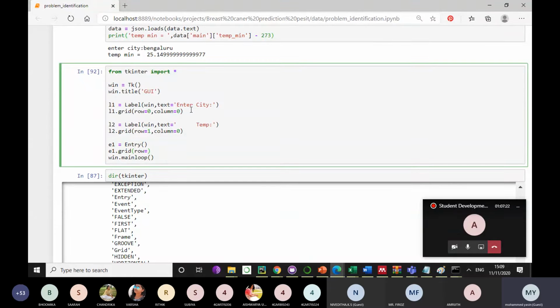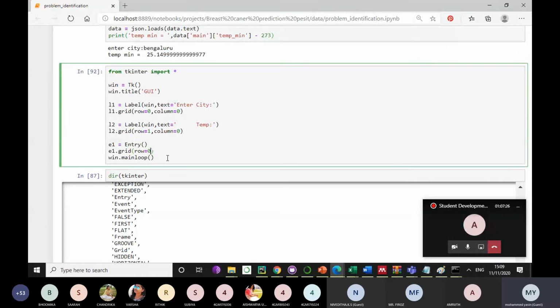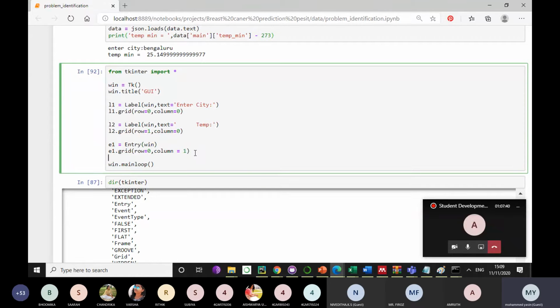I want E1 to be in front of this, which means row is equal to 0, column is equal to 1. And I want it built for the same window I'm creating. So let me check whether it works or not.